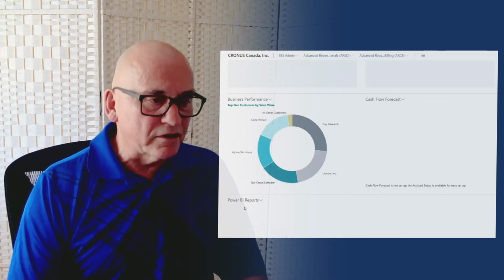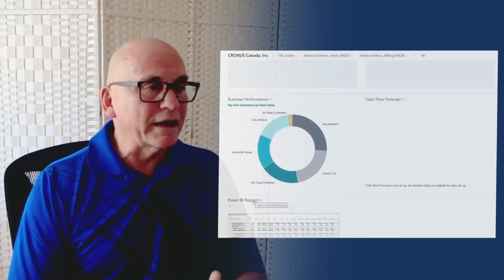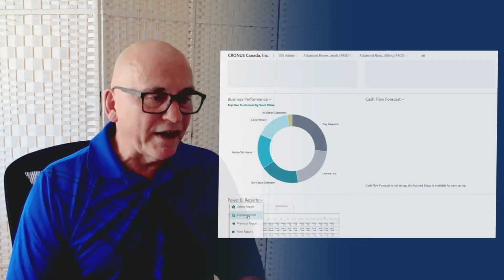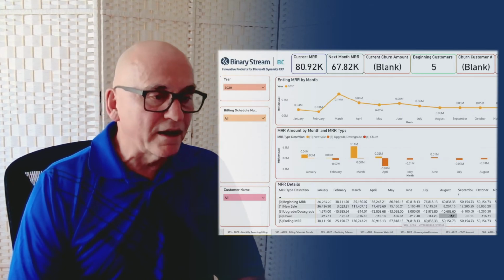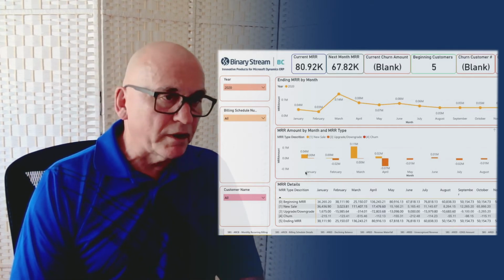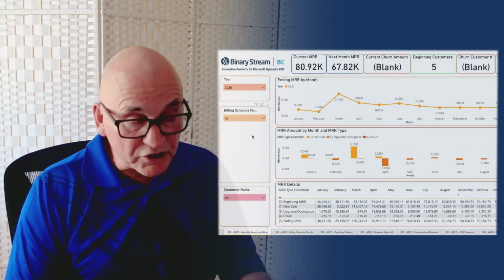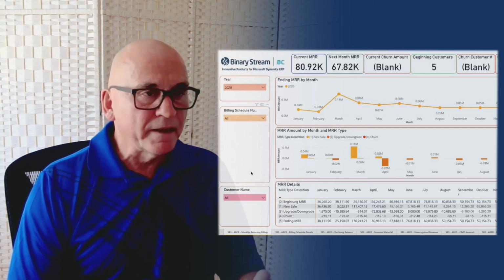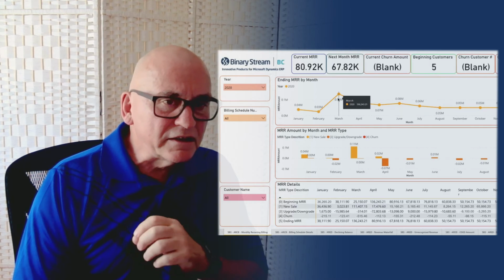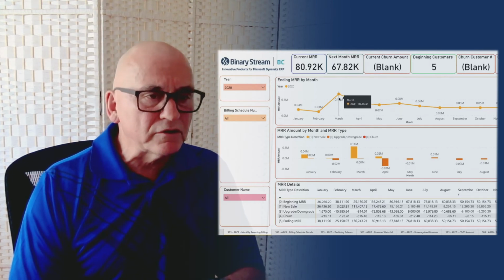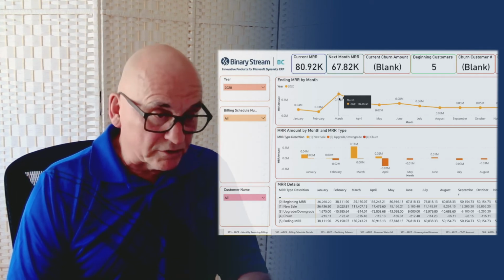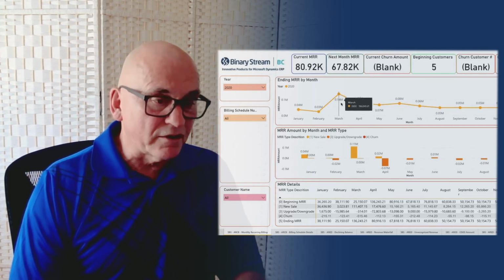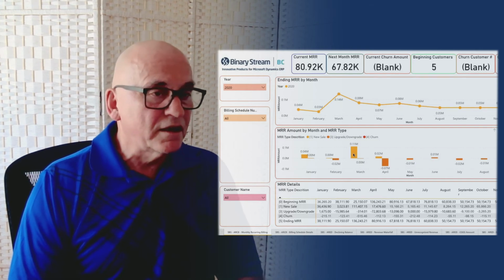If you notice down here, Power BI, which is a very powerful Microsoft reporting tool, we've taken advantage of that power and we built an MRR report right into Power BI as well. So you'll notice here, I can filter by the year, a schedule or contract number, a customer name. And if you know anything about Power BI at all, it has the power to do this. I can click on any data point and immediately drill down to the information that might be in that particular period. Or down at the bottom, go to my details, new sales, beginning MRR, upgrades or downgrades, and see exactly